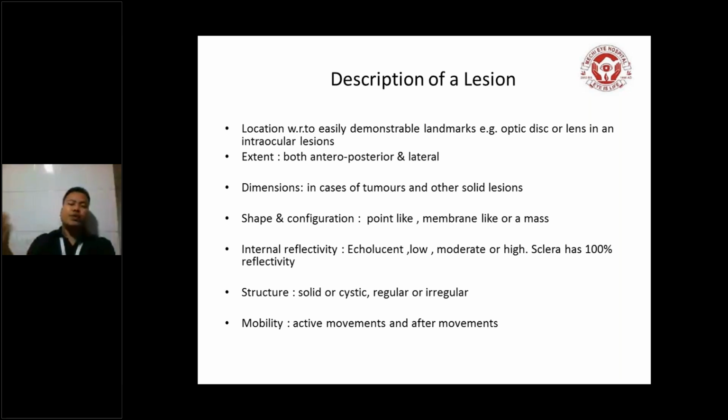Is it inferior to the optic disc or superior to the optic disc? Whether it is nasal to the disc, or temporal to the disc. Or we can compare the lesion with respect to the lens also. So up to how much,